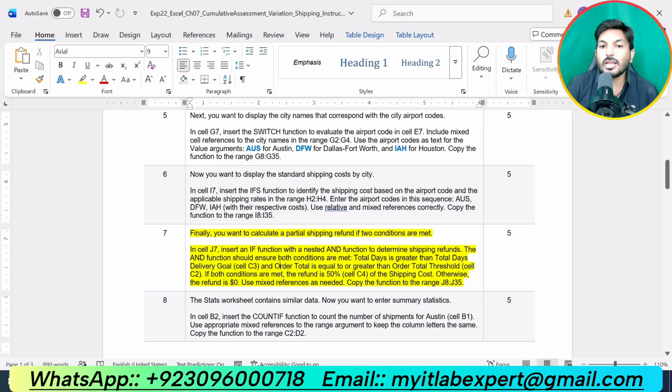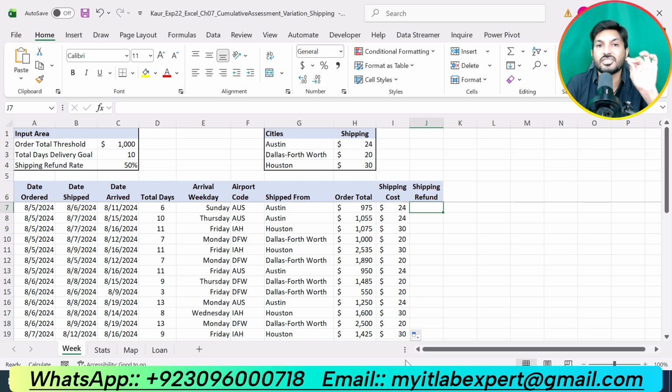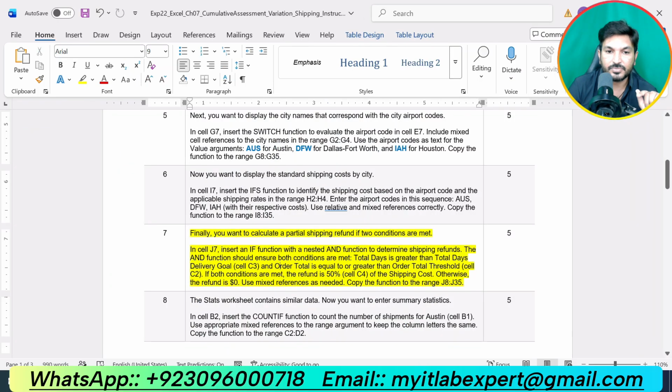Finally, you want to calculate a partial shipping refund if 2 conditions are met. In cell G7, insert an IF function with a nested AND function to determine the shipping refund. So now we are supposed to calculate the shipping refund in column J using the IF function nested with the AND function.